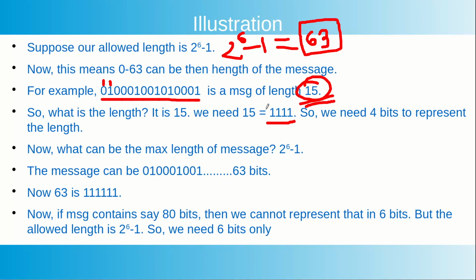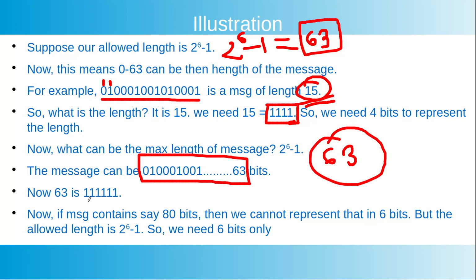So that is what I mean by representation of the length of the text. My text is 15 bit, but the length of the text requires only 4 bits to represent. Now for example, the maximum possible text which is 63 bit long, so the length is essentially 63. How many bits do I need? I need essentially 6 bits. You can check it out, this is equal to 6 bits, and this 6 is essentially coming from this one.